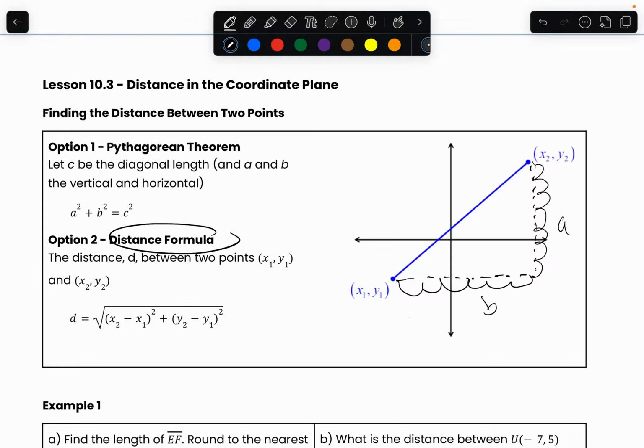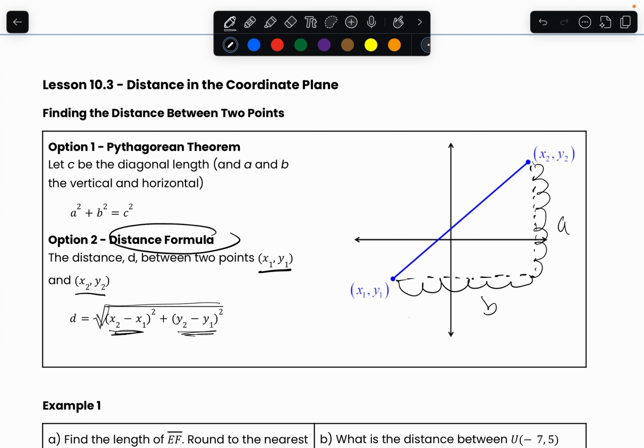So the distance formula is saying the distance between my two points. For my first point, x is called x1 and its y is called y1. For my second point, it's going to be called x2 and y2. Now it says that my distance between my two points is going to be the square root of the difference of my x's squared plus the difference of my y's squared, and all of this being square rooted will be my total distance. So let's see, how does this work?